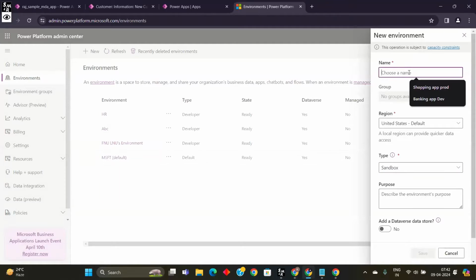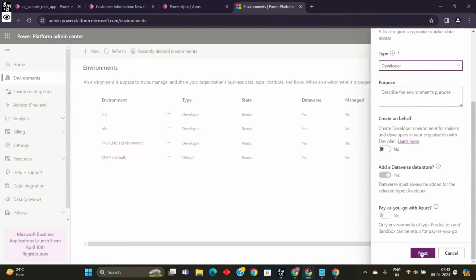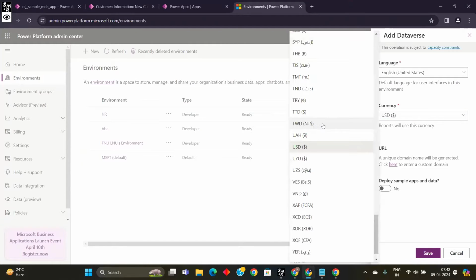One more environment type. This is just for my practice. I want to make an environment for my teammates. Then the type of the environment should be, so here, banking practice, and here I will take a developer type, and most probably it should create a developer type. See here, it is allowing me to create, and the currency should be